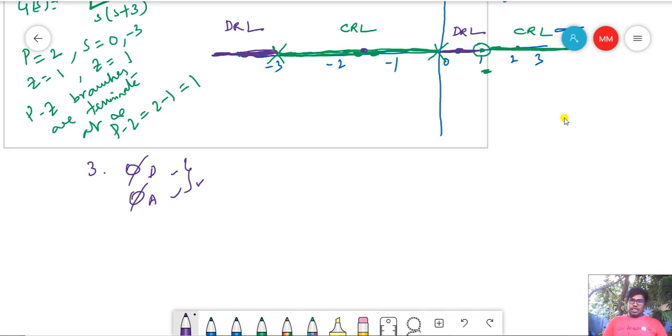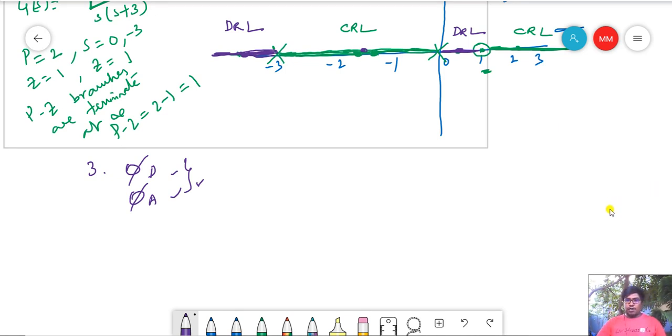So what are these 3 points? Differences between direct root locus and complementary root locus. First one is the angle of asymptotes, that is even multiples of 180 degrees. Second, the location of poles and zeros and drawing the root locus on the real axis in the S-plane; the rules will change. And third, angle of departure and arrival will also differ. Remaining all are equal. All the rules will be the same for direct root locus and complementary root locus.